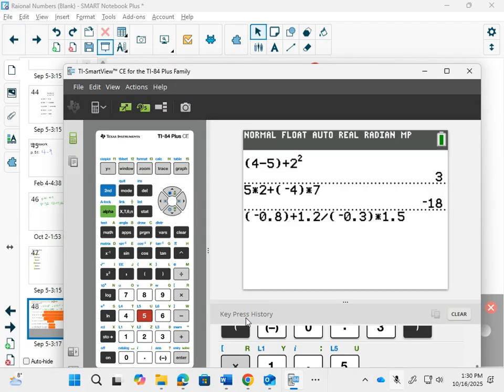Now when I push enter, your calculator has it built in to know all the orders of operations to do it correctly. But I'm seeing that you didn't close the bracket first. So let's